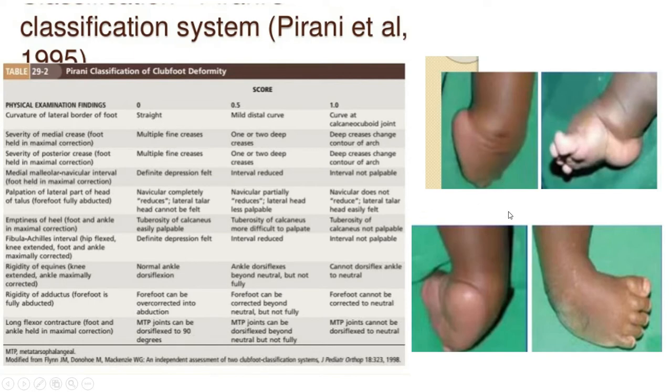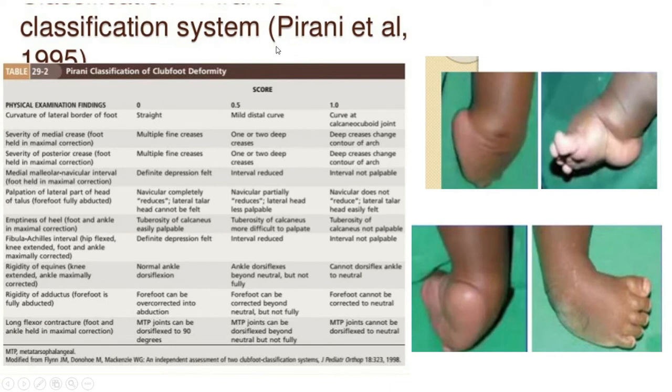Now the amount of deformity has to be documented, and when it gets corrected, what amount of correction we can achieve, or whether it is not correctable, or the correction is not progressive. How do we assess? There are some classifications or techniques. First, De Gulmos described a technique, but nowadays this is obsolete. So Pirani et al. Pirani is an orthopedic surgeon who described all the deformity by his grading.